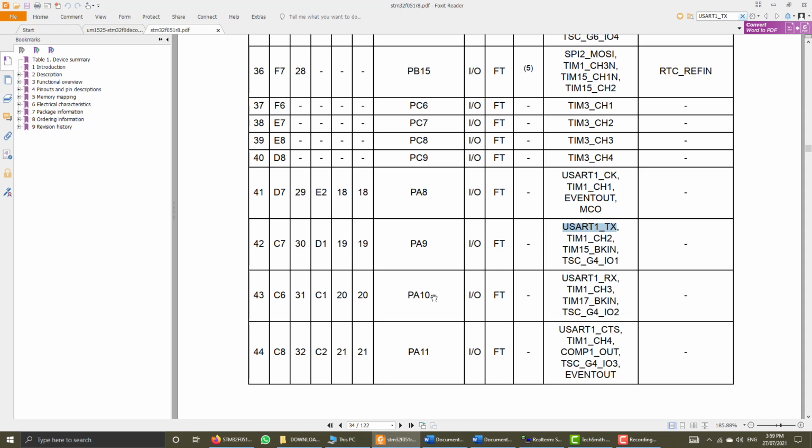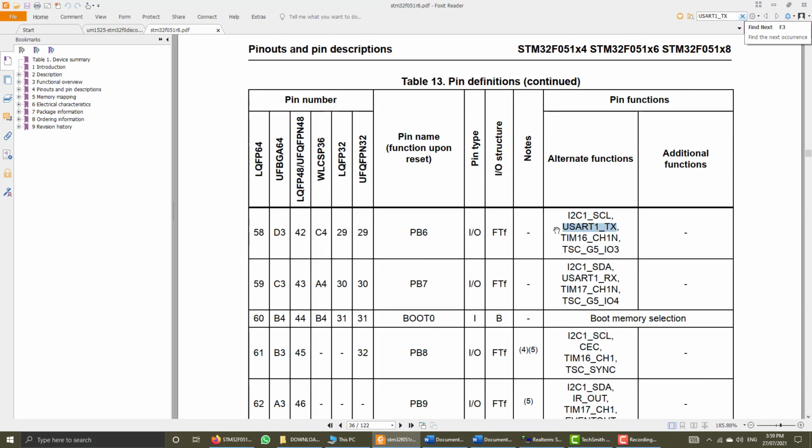But one very important thing to note is that these microcontrollers support multiplexing of these signals. So the same signal could also be available on some other GPIO pins. So we have to make sure of that also. So I will hit search once again, and here comes once again USART1TX. So here you can see that this USART1TX is also connected to the PB6 line.